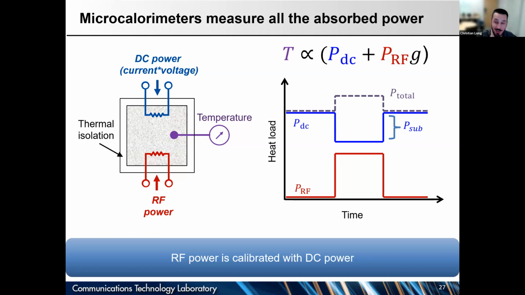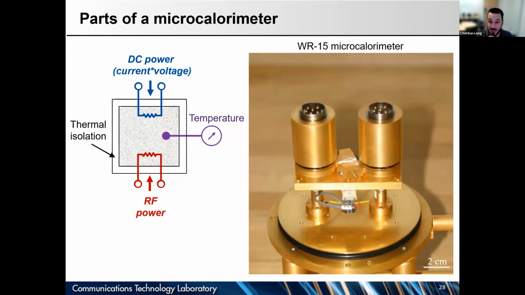So this kind of approach is how we ultimately tie RF power to the SI. There's DC power measurements that have a current and a voltage associated with them, or a voltage squared and a resistance in some cases. And it's those low frequency measurements that get tied back to the fundamental constants. And then we do some scattering parameter measurements, which are also traceable to fundamental constants, to tie the RF power to fundamental units. So this is an example of a picture of a microcalorimeter.